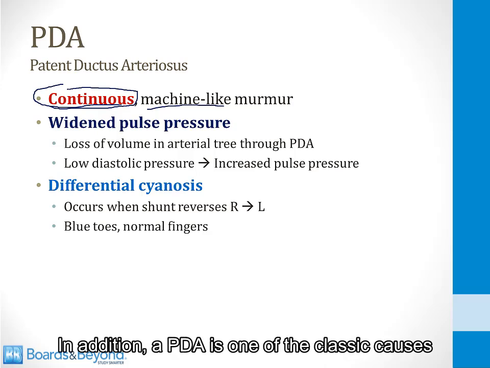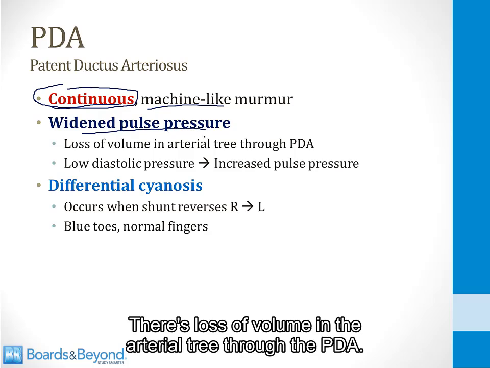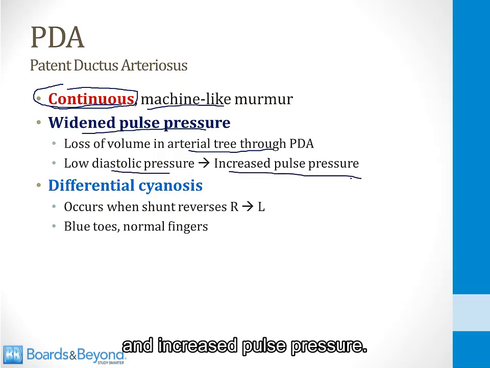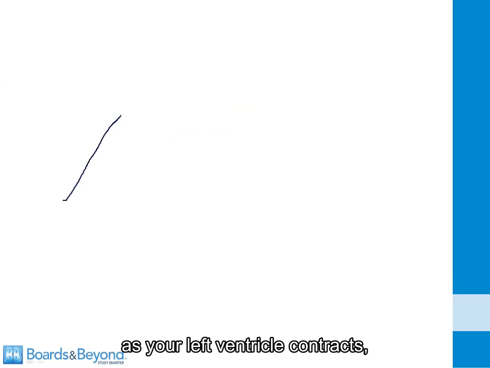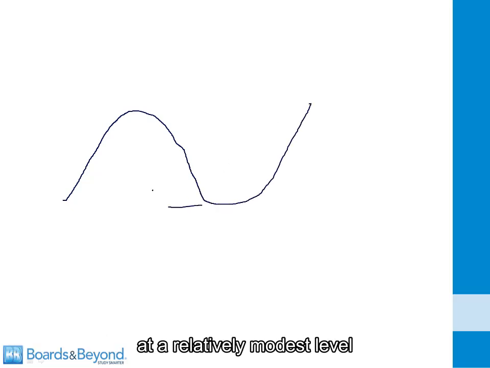In addition, a PDA is one of the classic causes of a widened pulse pressure. There is loss of volume in the arterial tree through the PDA. This leads to a low diastolic pressure and increased pulse pressure. To understand this, recall that your blood pressure goes up in systole as your left ventricle contracts. It then falls in diastole and normally begins to go up again at a relatively modest level of, say, about